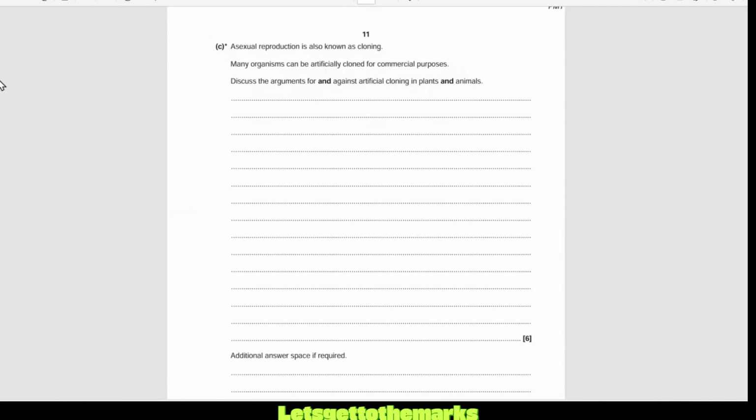Notice these. This is really key for this question. So grab your paper and your pen. Notice these and. So if you want to attempt to get 5 or 6 marks, then you need to do the arguments for and against, so plus and minus, and you need to do plants and animals. The way I break it down is, what's a positive about cloning in plants and a negative about cloning in plants? What's a positive about cloning in animals, and what's a negative about cloning in animals? Now, there might be some crossover where the negatives are the same. Anywho, let's go on and smash that out.